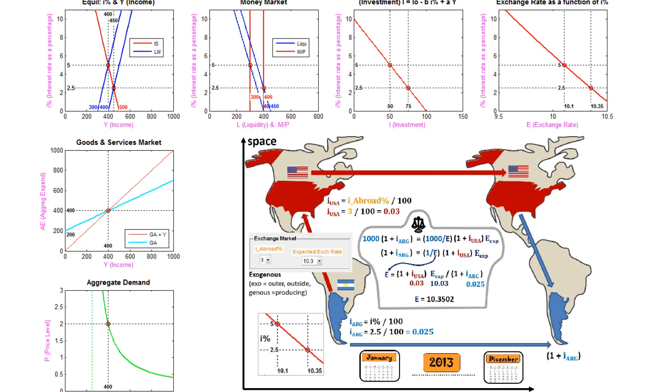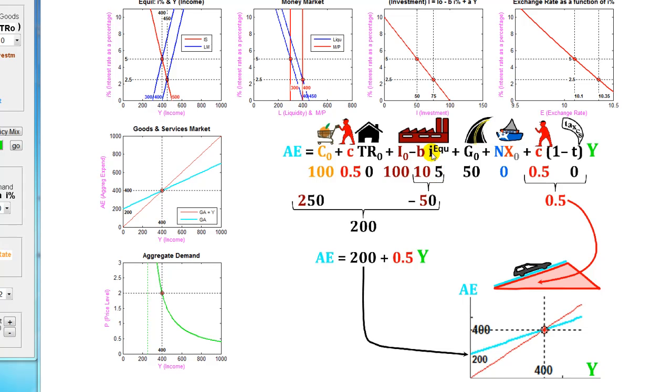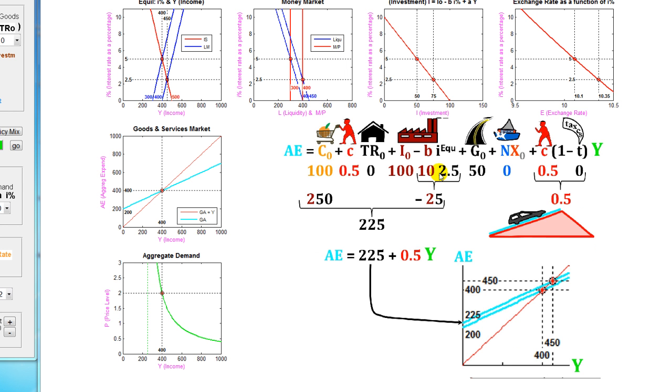So let's do that. When the interest rate in equilibrium was 5, then the intercept was 200, which is this 200 here. Now the interest rate goes from 5 to 2.5, so here we have 2.5. Then here we have 10 times this is minus 25, then this minus this is this, so the new intercept is going to be 225, so there will be a parallel shift of the aggregate expenditure curve. So this is what we get here,